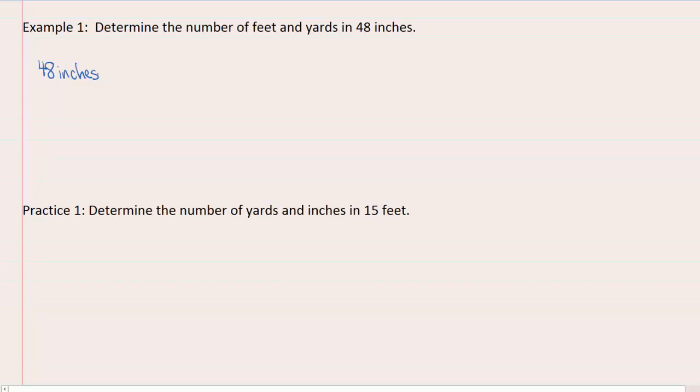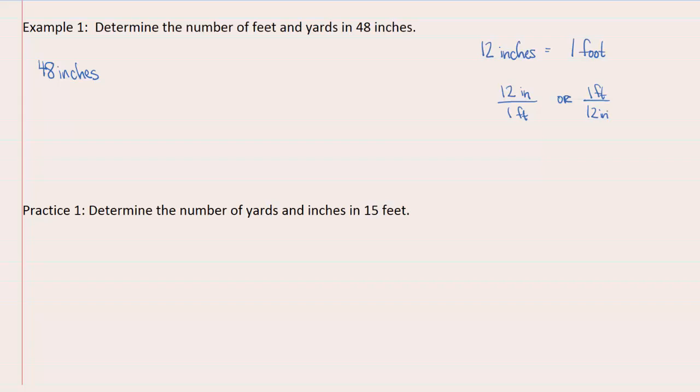To do this, I must first think back to my equivalence. The equivalence that I learned was that 12 inches equals 1 foot. And remember we said that we could write this as a fraction or a conversion factor. That means that I could either write 12 inches over 1 foot, or I could write it as 1 foot over 12 inches. To determine which way I should write it, I look back at the problem I've started with,